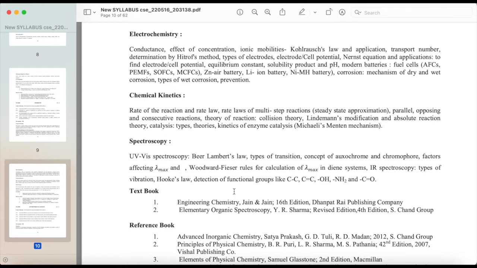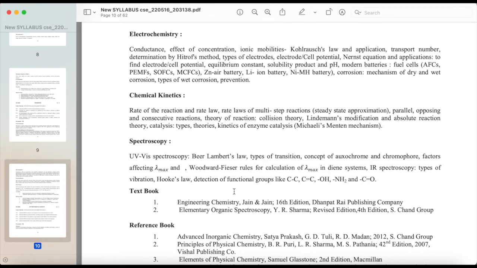of wet corrosion, prevention. Chemical kinetics: rate of the reaction and rate laws of multi-step reactions, steady-state approximation, parallel, opposing and consecutive reactions, theory of reaction rates, collision theory, Lindemann's modification and absolute reaction rate theory, catalysis, types, theories, kinetics of enzyme catalysis, Michaelis-Menten mechanism. Spectroscopy: UV-vis spectroscopy, Beer-Lambert law, types of transition, concept of auxochrome and chromophore, factors affecting, and Woodward-Fieser